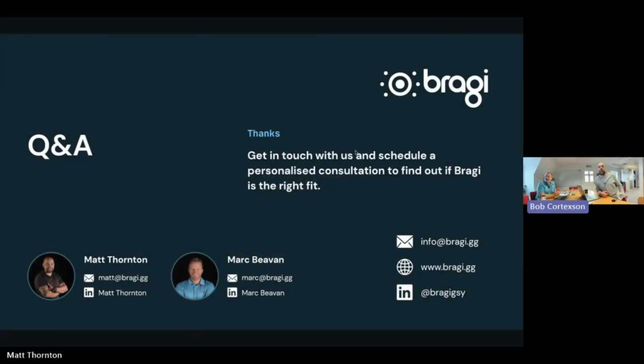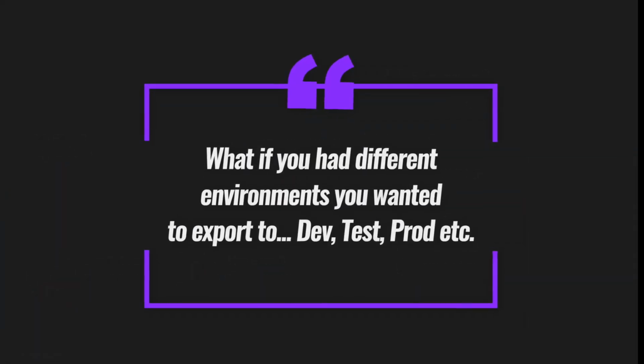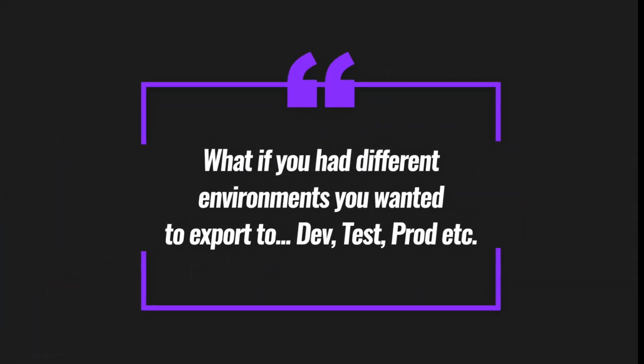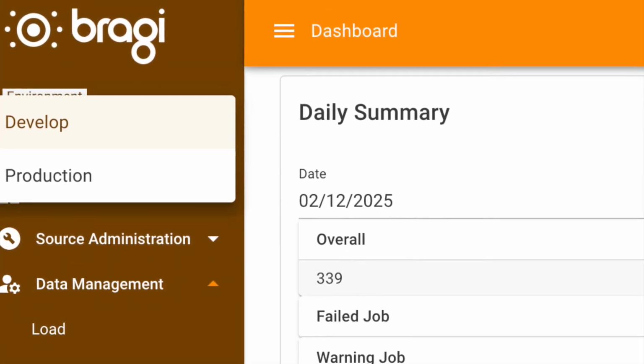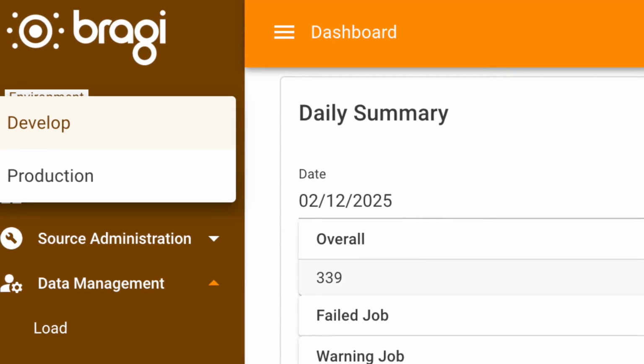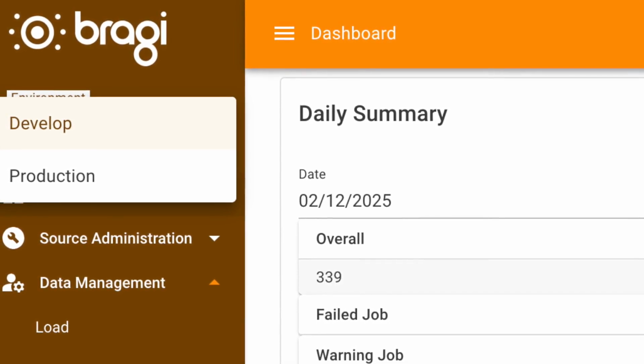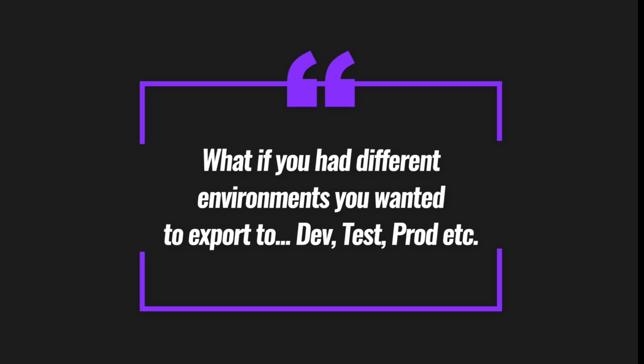Okay, right, new question. What if you had different environments that you wanted to export to, dev, prod, etc.? Great question. We didn't show it, I suppose due to brevity, but built into Bragi is full environment management. So you can have as many different environments as you wish, within reason, because too many would be a bit silly, but certainly there's a very strong opinionation around the use of your dev environment to build out what you're trying to do. So to bring in new sources, to test data models, to test the load of stuff as you bring it in, and then as you build out those models and turn them into things that are useful,